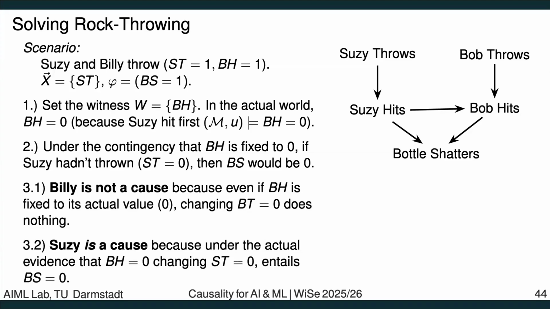But anyway, we will consider that in the next lecture, where we will look at a few other aspects of causal modeling and so on. But here, for this actual causality, what makes it different is really that we know how things went. We model the causal graph according to the effects or the events that we observed, and we only have this one arrow from Susie hitting to Bob hitting, or rather not hitting.